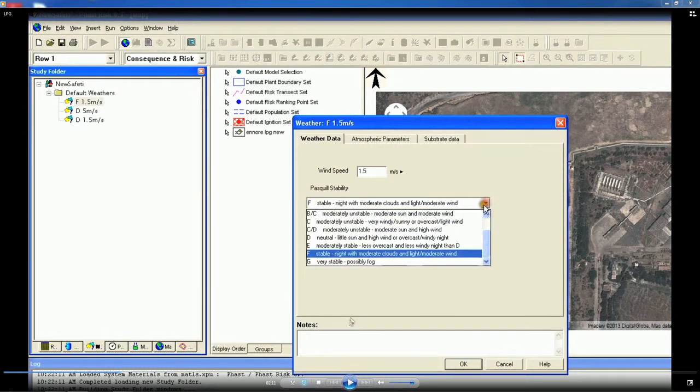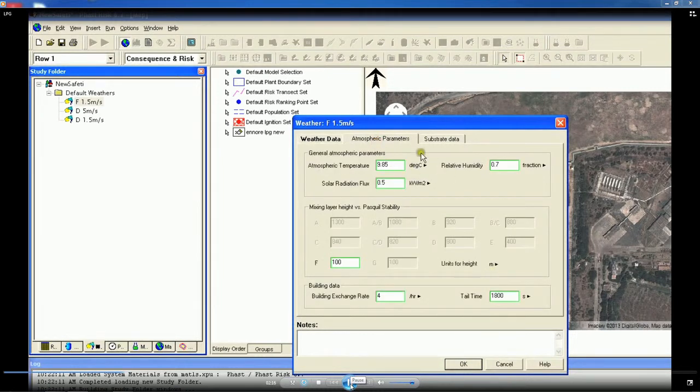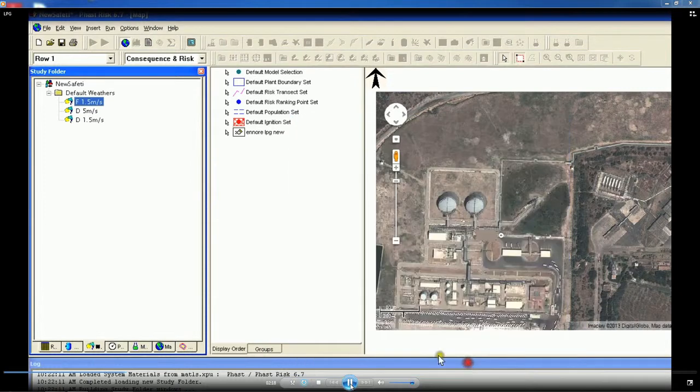Now, select a specific Pascal stability class. Now, you see here on the cascade menu, pull down menu, there are various stability classes available varying from A, B, C, D. As you see, they can be even the moderate wind and windy night. So, all classes geographically of a 24 hours period are covered in the specific sub menu. You click the moderate specific class, then also pick up the suitable substrate data and do this for the remaining stability classes as well, and save the file and create a model.